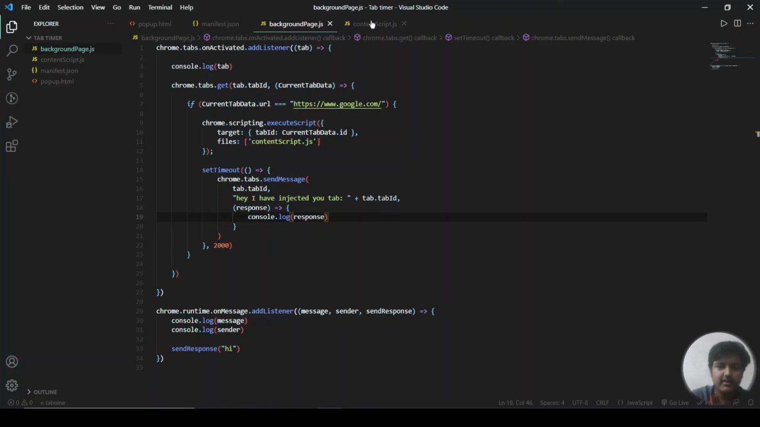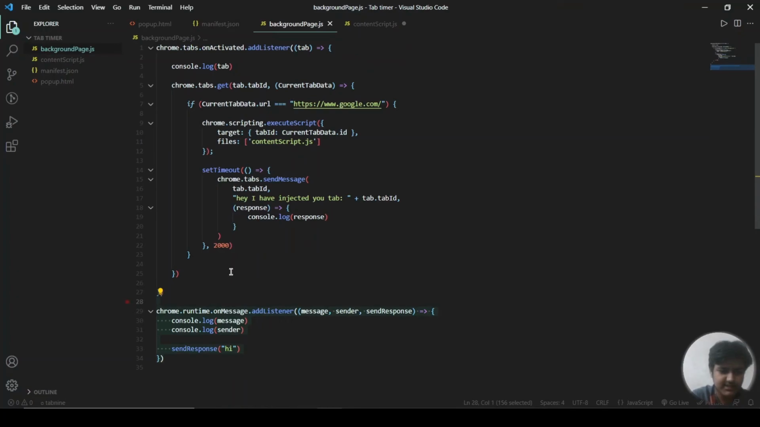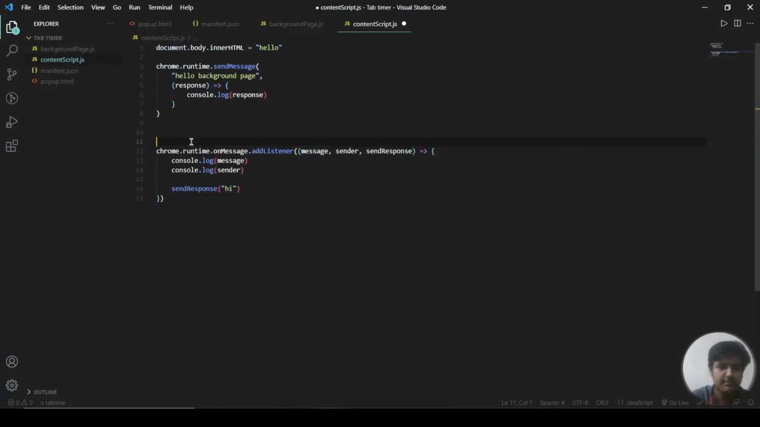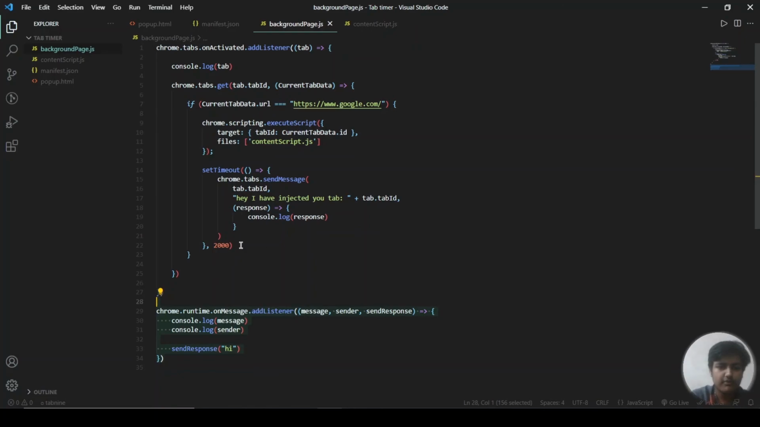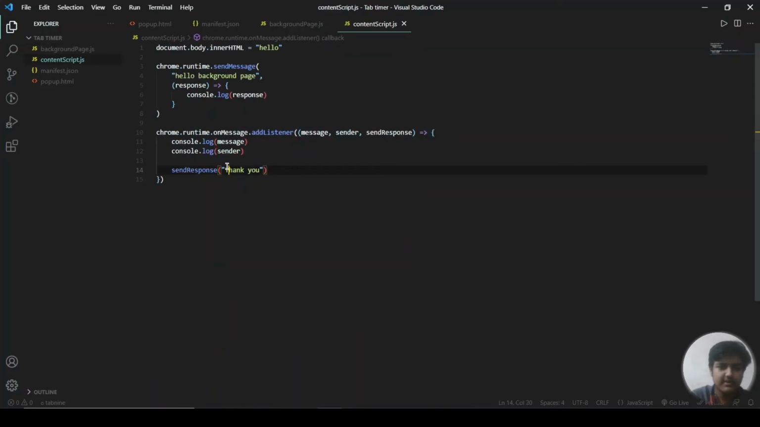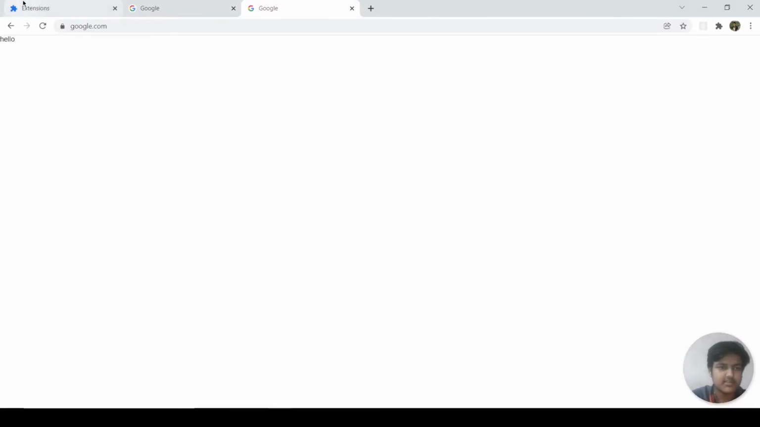Now let us save, and in the content script we will listen for that. For listening, it is the exact same code. We'll copy and paste, and I will send the response as thank you, like that. So what our code will do is send a message 2 seconds after injecting the script, and the content script after receiving that message will send a response, thank you, and our background page will console.log that thank you. So now let us reload our extension